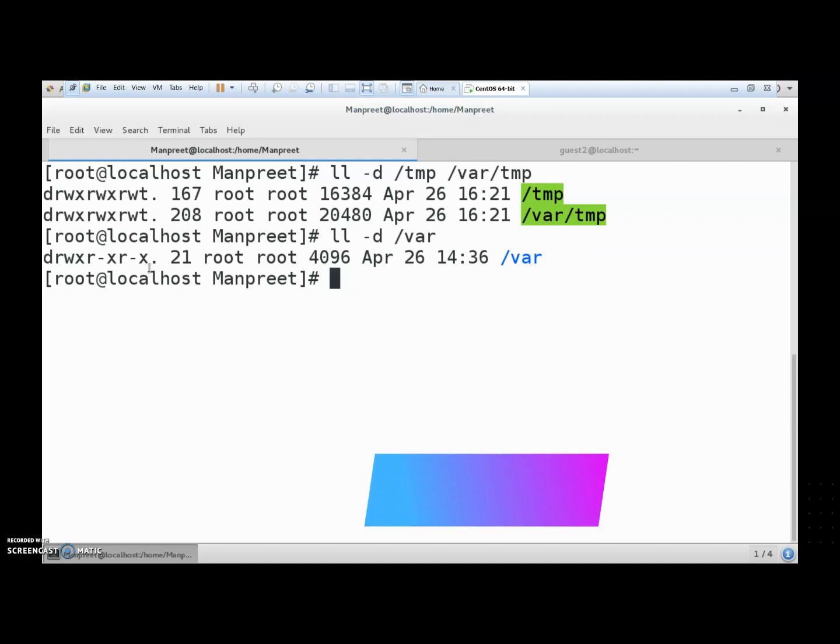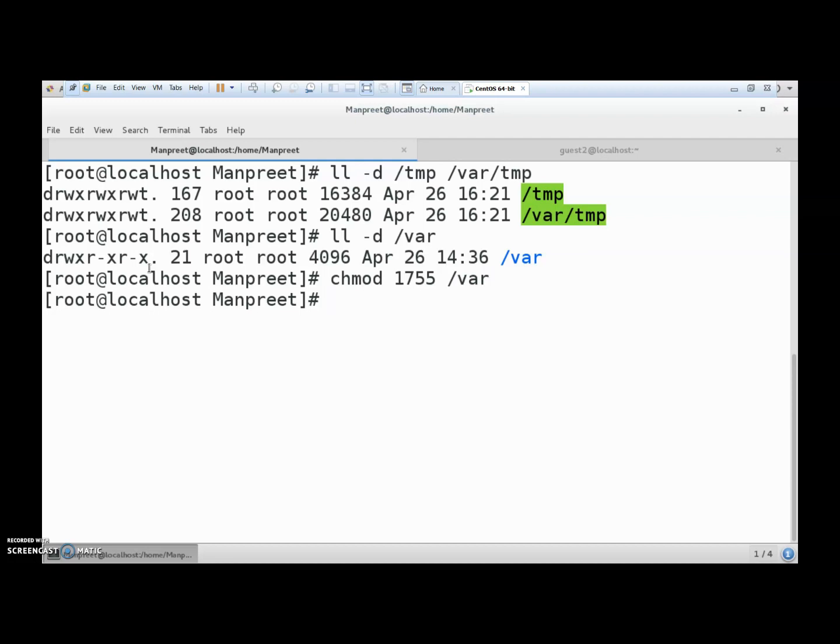So we have seen the syntax for this, that is chmod. Suppose if you want to use the absolute method, we will be using the value 1755. Which means that now the sticky bit will be enabled for the directory, that is /var. So how are we going to confirm this?